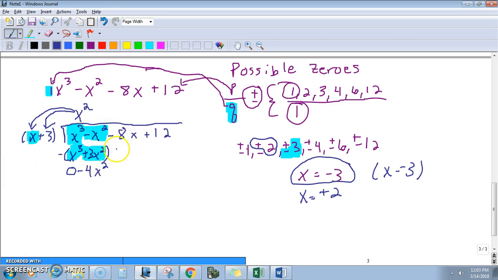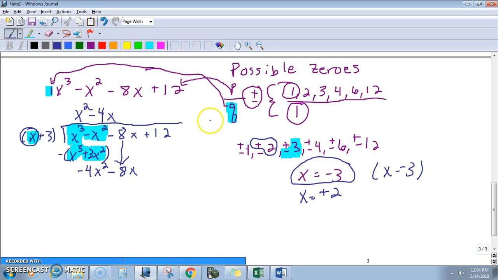Okay. Now I need to bring down negative 8x. I'm going to clean this up a little bit. I want to clean up this. Okay. And I don't need this 0 here. Extra zeros confuse me. But now I have negative 4x squared minus 8x, and I'm looking to see what I need to multiply that x by to give me negative 4x squared, and that's just going to be negative 4x,